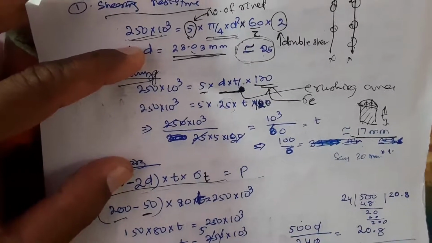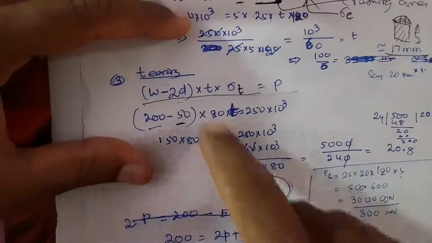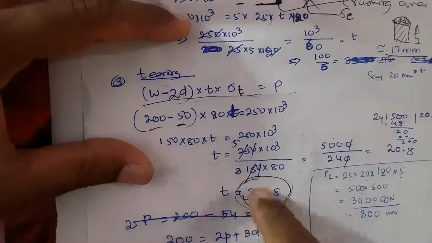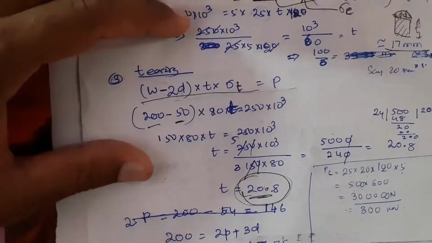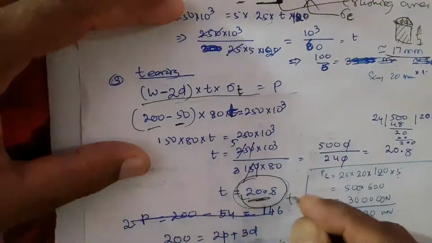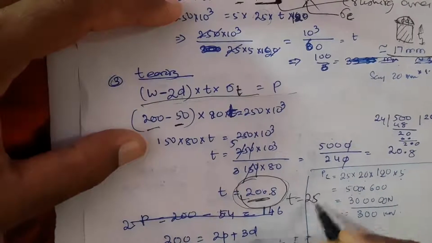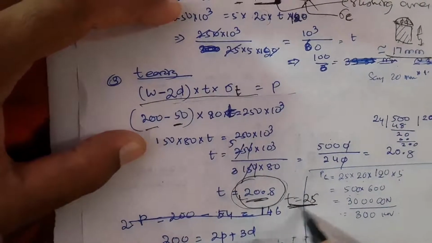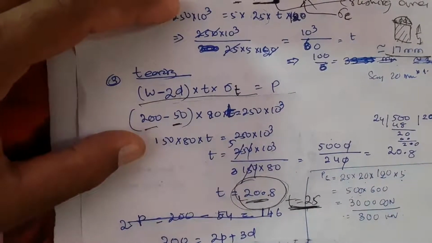So to be on the safer side, we see from the tearing that the thickness of the plate is 20.8. To be more on the safer side, if you take T equal to 25, a little larger, then T is greater than 20.8, maybe 22 or 25. 25 is the standard plate available in the market, and if you take T equal to 25, it is going to suffice for the entire thing.